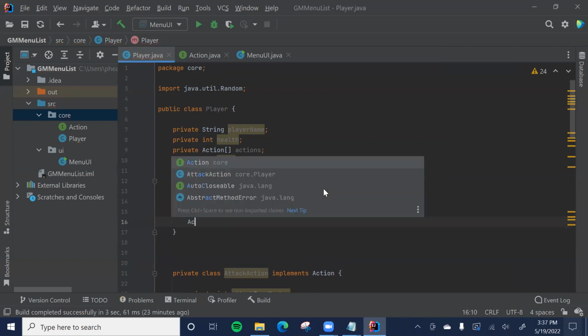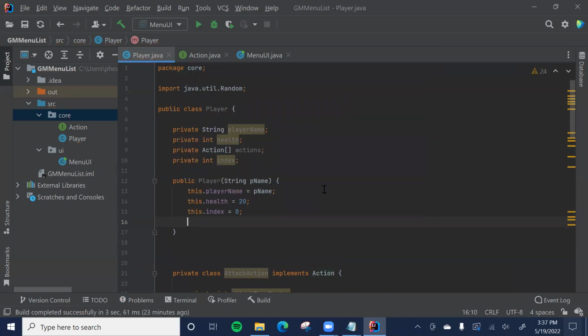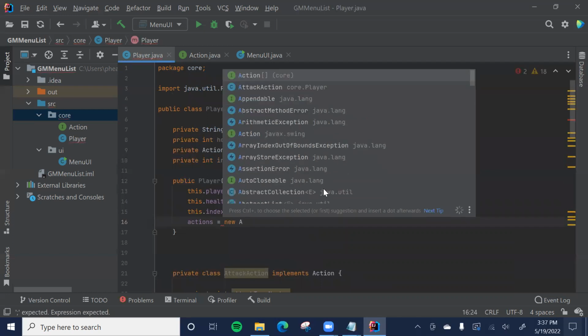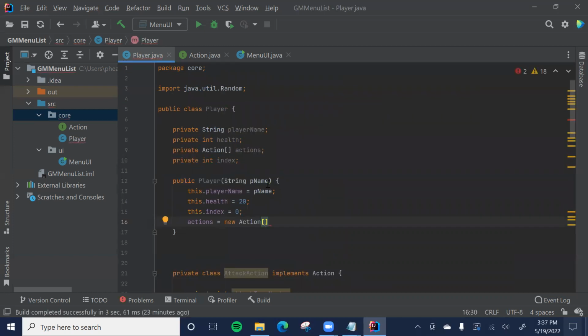And then I want to make a new action array. So my actions is going to be a new action array, and we'll call it, oh, that's another thing. I can also pass in an int with the estimated number of moves. So this will say if the GM thinks, oh, we'll get through 50 moves today or whatever, they want to keep a specific amount of moves they can. So that'll just determine the size of the array,